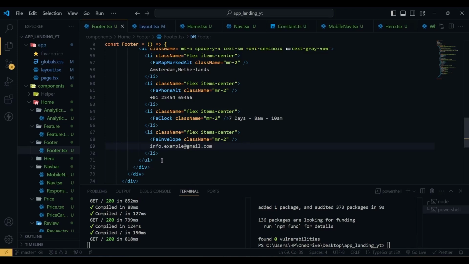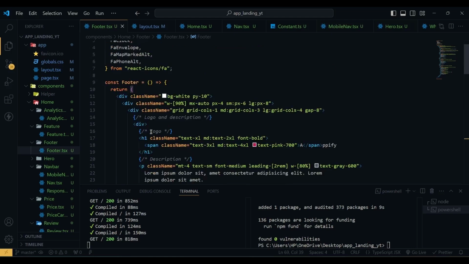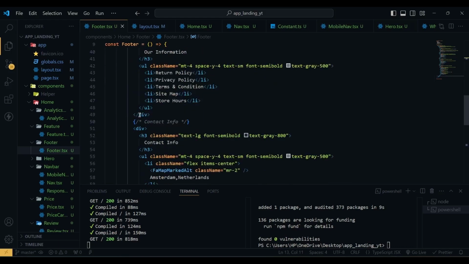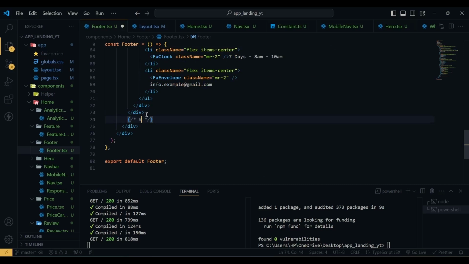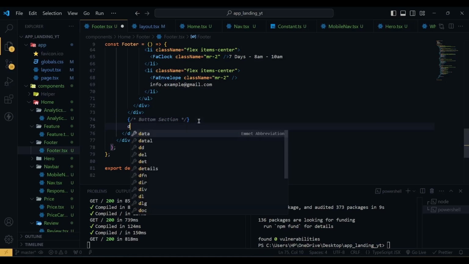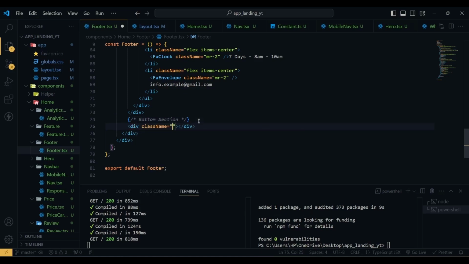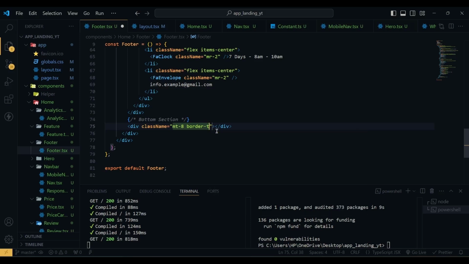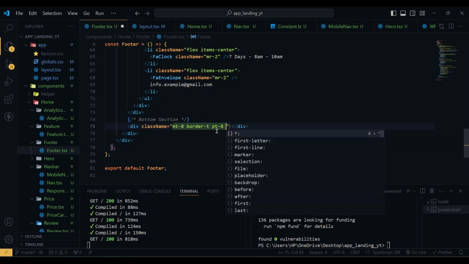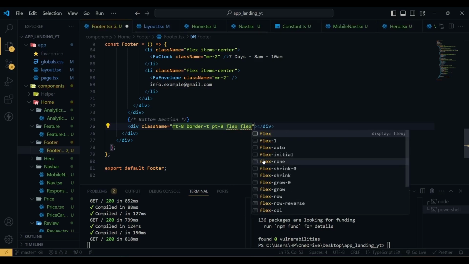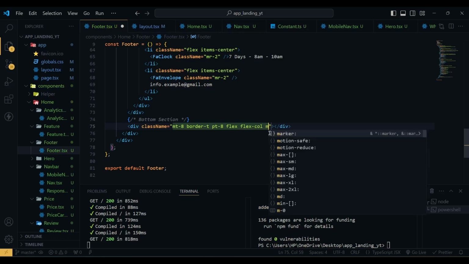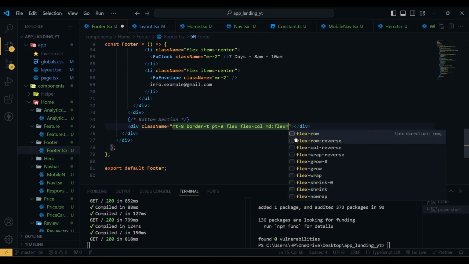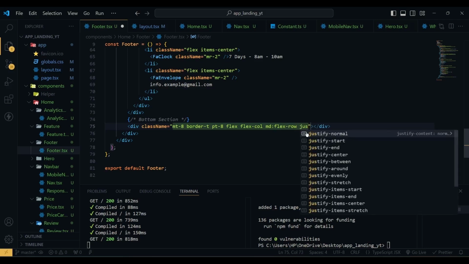So for this, we are going to go to the end of this div, and here let's use bottom section, and here we'll have a div with class name of margin top of 8, border in the top, padding top will be 8, flex will be call, then in MD flex will be in row direction, justify between,